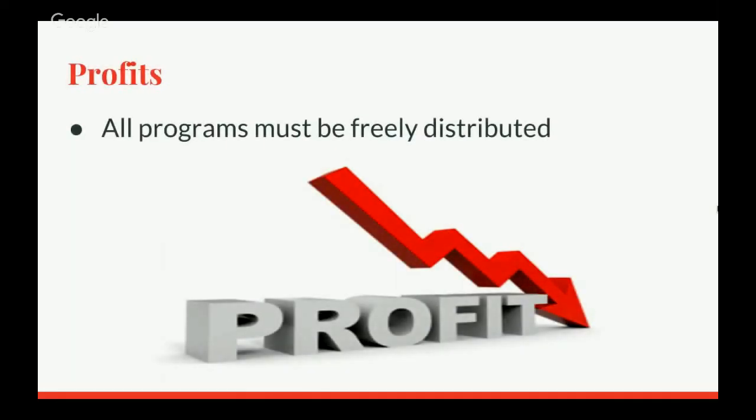Additionally, profiting from open source software can be a challenge. This is because the open source license requires that any additional work done to the software or program be freely distributed as well. Therefore, it is difficult for a profit to be made because any profits have the potential of being taken away. Overall, as we can see, the advantages to open source outweigh the disadvantages, and in the future, it is likely that more companies will establish open source policies.